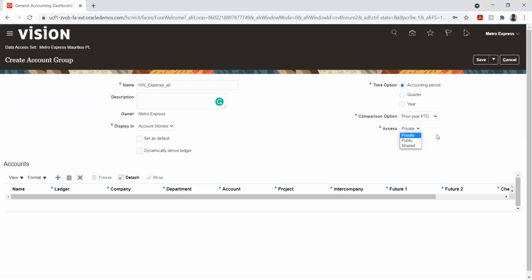And another option we have is shared. Shared is inside the group. The difference between public and shared is that shared is inside a particular group, whereas public is seen by everyone. And private is only for this user called Metro Express. Okay. So for now, I'm just giving this as private.